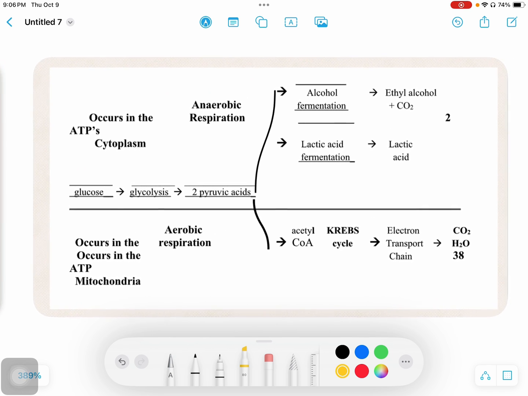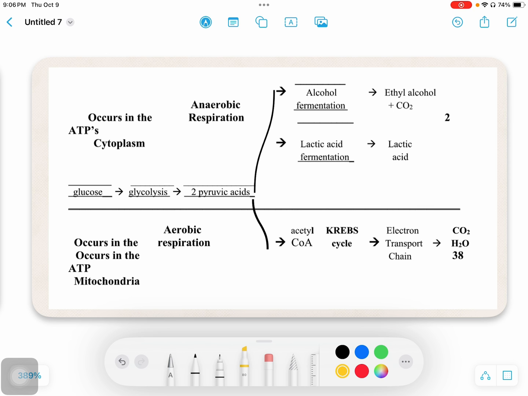Okay, so this chart here, you are gonna have to know. So the first thing to know is that we start at the very beginning with glucose. So glucose starts it, it goes through the process of glycolysis, and we create two pyruvic acids after glycolysis is done. There are two different paths that we can move from. We can continue to stay in the cytoplasm, and we will go through anaerobic respiration, where we have alcohol fermentation and lactic acid fermentation. Alcohol fermentation, we're going to see ethyl alcohol, carbon dioxide, and 2 ATP